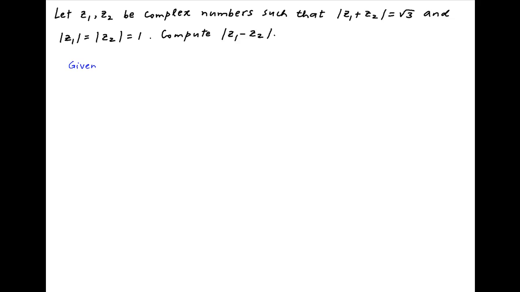We are given that the absolute value of z1 plus z2 is equal to root 3. Take the square of both sides, we get the absolute value of z1 plus z2 squared is equal to 3. Now the left hand side can be written as the product of z1 plus z2 and its conjugate,